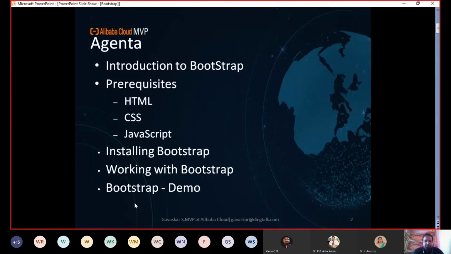Then we are going to see how to install Bootstrap. There are two ways. The first way is we have to download all 3 files. Totally we need 3 files: one CSS file, and 2 JS files. Those 3 files we are going to download from the corresponding websites, and we are going to install Bootstrap. The other way is that you can use these 3 files from a repository, from the corresponding third-party repositories. That also we are going to see.